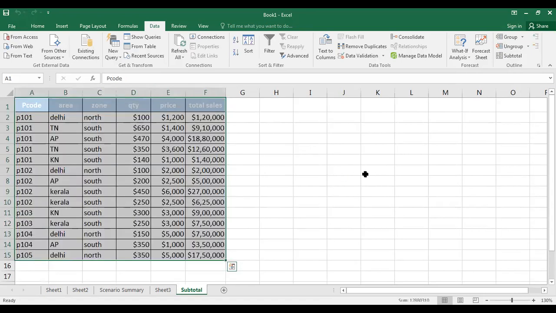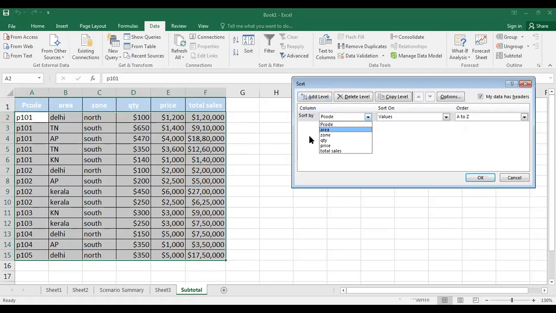Now I wanted to find out average sales for each area. So how do I do it? First, I have to select this data and sort based on area. Now my analysis is based on area, I'm generating MIS reports area wise.